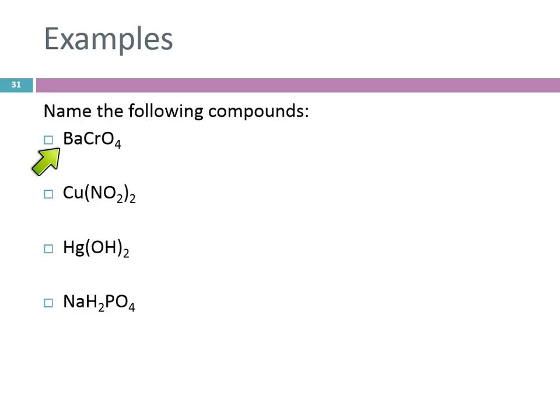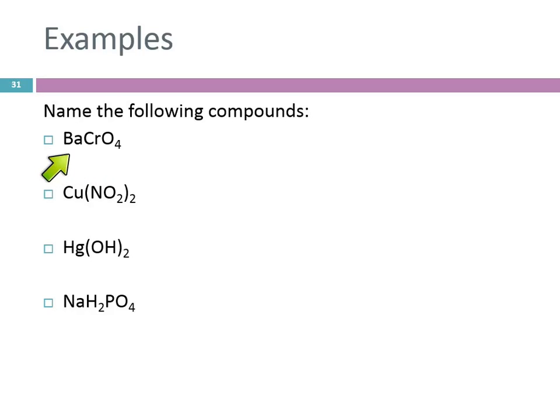This is where students sometimes get a little too creative. There is room for some creativity in chemistry, but not in nomenclature. Nomenclature is not a place to be creative. So when we look at this,